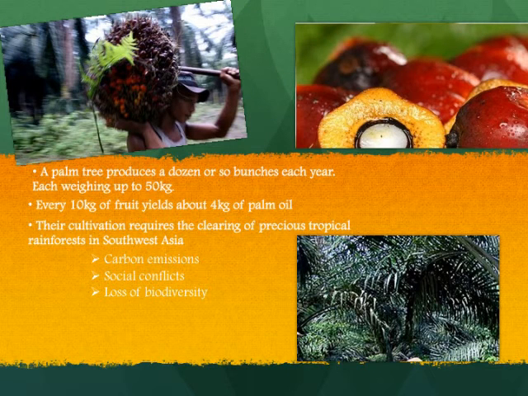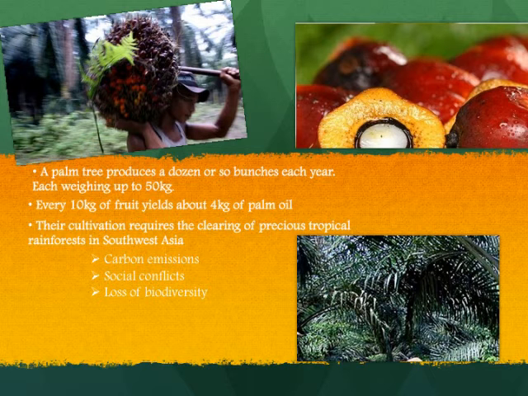The fruits that grow on palm trees are what produce the palm oil that we generally refer to. Each bunch of fruit weighs up to about 50 kilograms, and a palm tree produces a dozen or so bunches each year. Every 10 kilograms of fruit yields about 4 kilograms of palm oil. Palm oil is considered to be very high yielding and serves as an important source of income in Indonesia and